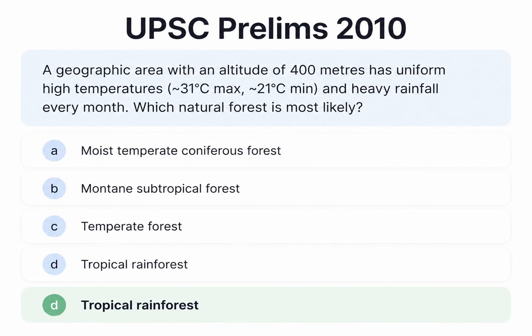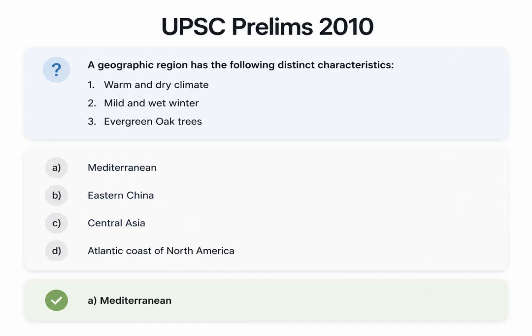Moving to 2010, a question described an area at 400 meters altitude with consistently high temperatures, around 31 degrees maximum and 21 degrees minimum, accompanied by heavy rainfall every single month. This lack of temperature variation and continuous heavy rain is the exact definition of a tropical rainforest climate, making option D the correct choice. Another 2010 question asked to identify a region characterized by a warm and dry summer, a